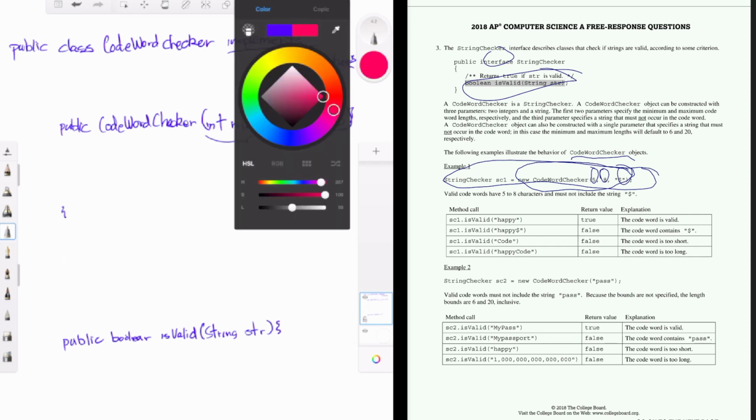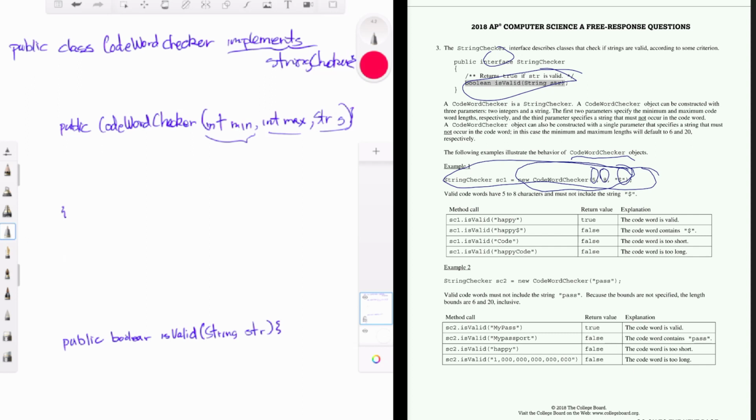The min here, the first number that we're giving, is going to specify the minimum length for the word, and so a CodeWordChecker class needs to keep track of that. So up here we need those instance variables. Again, if they're going to pass them in through the constructor, typically that class is going to use them somewhere. And because we know we're dealing with this type of course, they're probably mostly going to be instance variables. So we have a private int minLength,